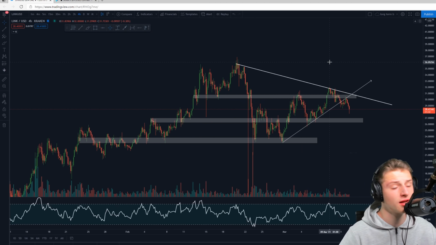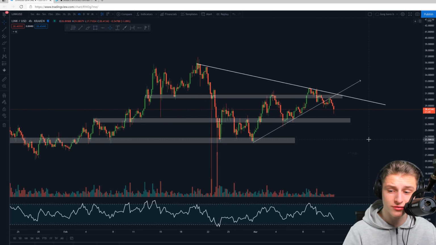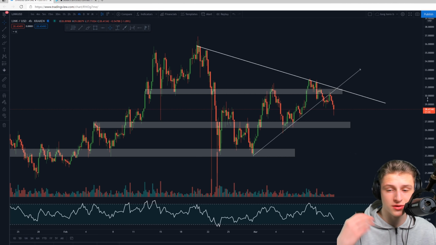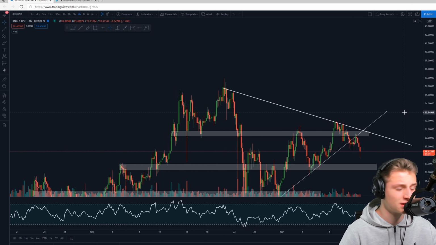And looking at Chainlink, of course, Chainlink is suffering a lot here, and of course, it's not nice to see because I love Chainlink, but you do have to give it some time here. The altcoins will probably pop off once Bitcoin is finally chilling out, and of course also breaking the all-time high. But I do think altcoins will pop off anytime soon here, but you just have to give it